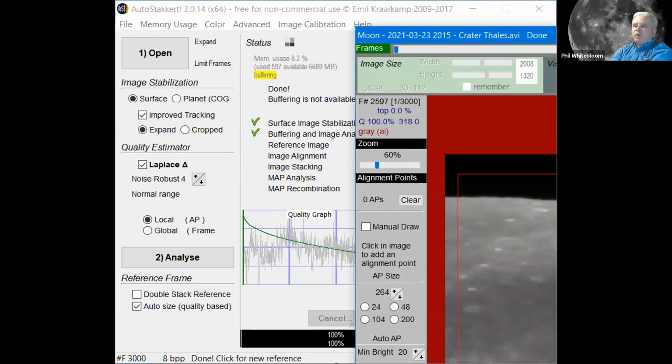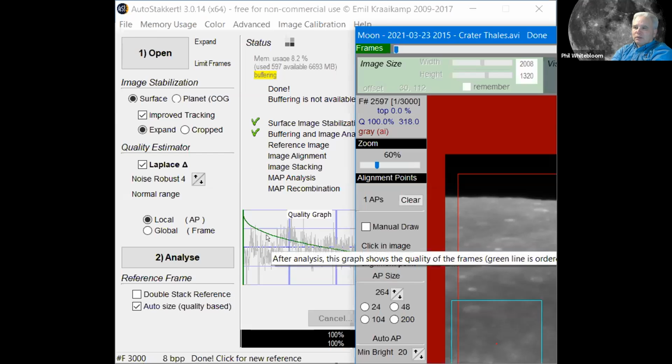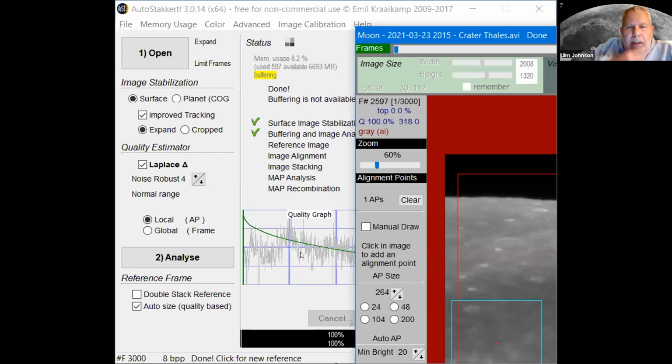Jim, have you used Registax 6? I have used Registax. My cleanest, that's what I use. But my question is, how would you compare ease of use, quality, and all of those things between the two programs? I like this graph thing, and that doesn't have it. Yeah, I don't remember a lot about using Registax to do this.